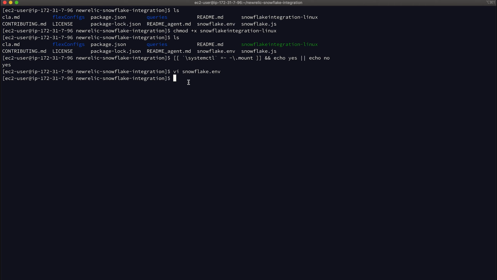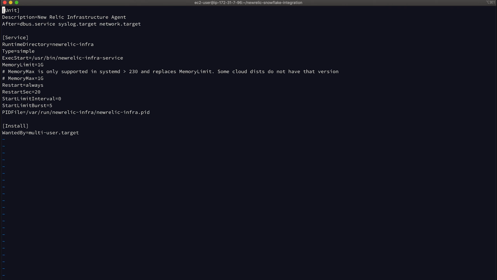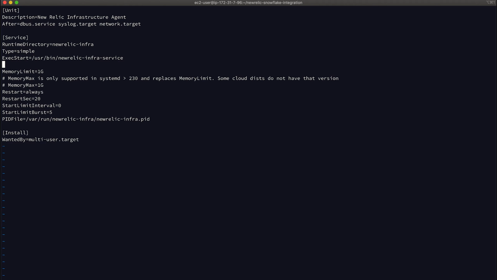The next thing you need to do is to also edit the systemd service for the New Relic infrastructure agent. So you can find that by going to etc systemd system and then New Relic infra.service. Okay, and then within here, underneath the service heading, you just need to put a new line called environment file, and it needs to be home ec2-user New Relic Snowflake integration, and then you've got that file name called snowflake.env.